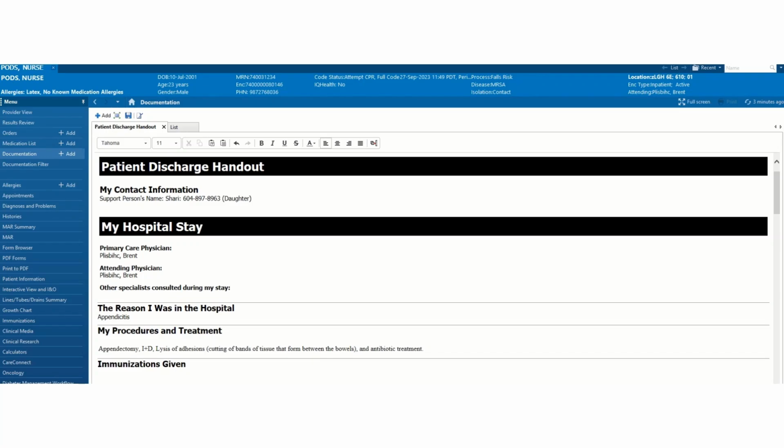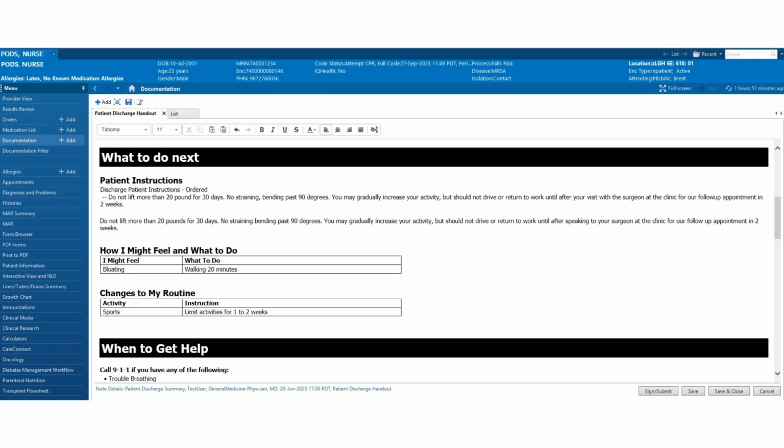Immunizations ordered also auto-populate. As we scroll down, here you'll see that the Discharge Patient Instructions order and the free text notes entered earlier in the Patient Instructions Handout Summary free text box have pulled in. If you choose not to enter the patient's instructions as demonstrated earlier, you can still enter instructions directly into your note. A reminder though, do not create your note too early as you may miss documentation from allied and nursing